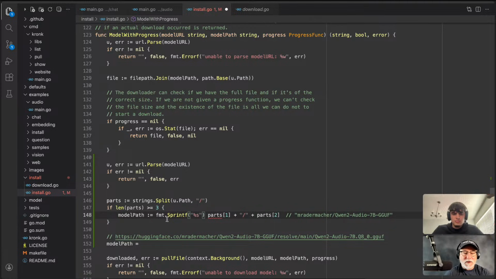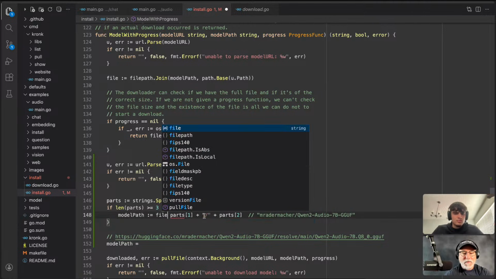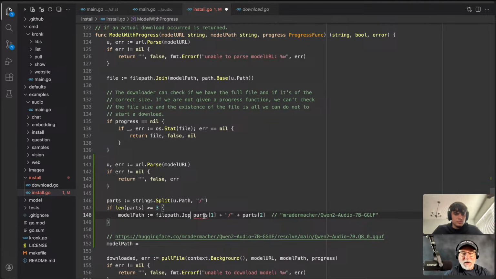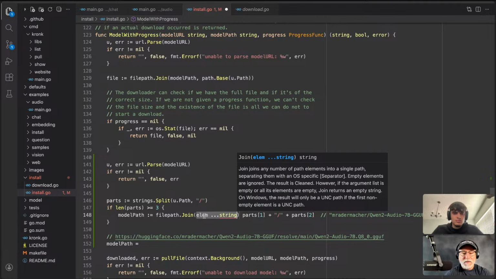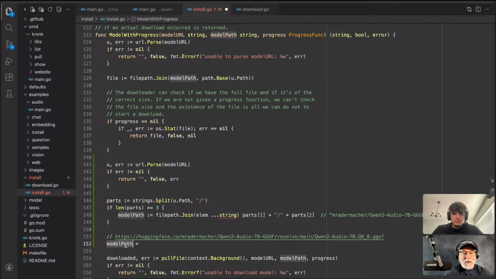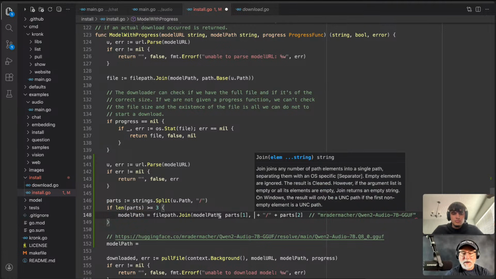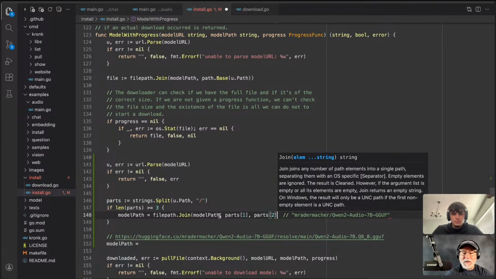Actually, what I really want is not that. I want a file path join where I take the model path and part 1 and part 2. So you see how it gave me some initial code that was kind of cool,